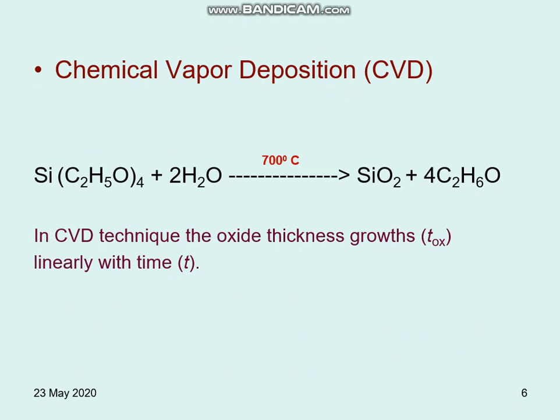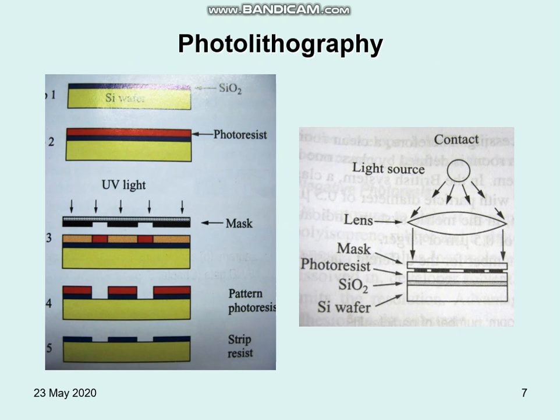At a temperature of 700 degrees, we can get SiO2 plus C2H6O. In the CVD technique, the oxide thickness, that is T-ox, grows linearly with time. Very, very important. And followed by photolithography, which is a very important aspect of solid semiconductor technology,